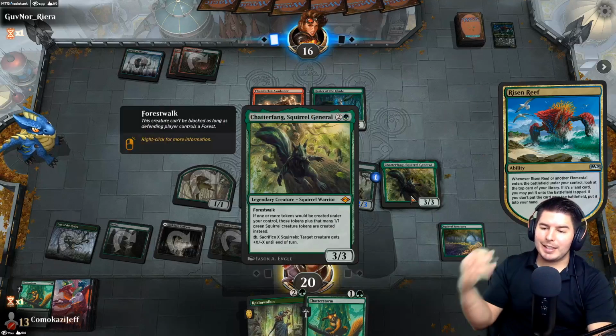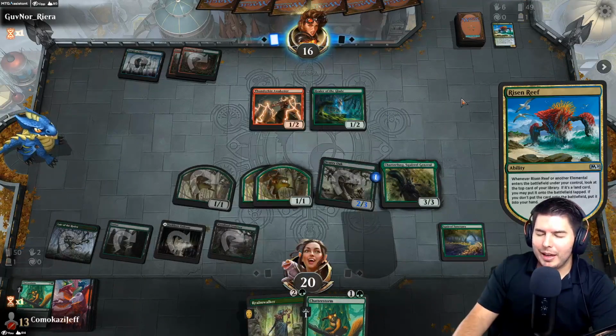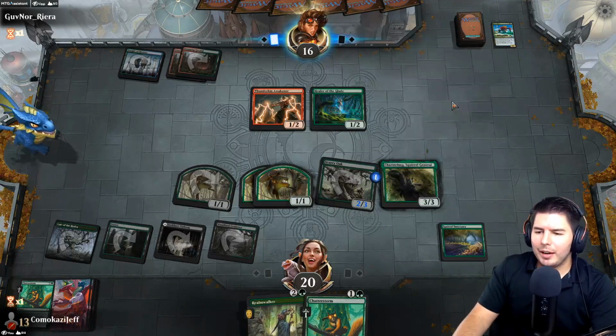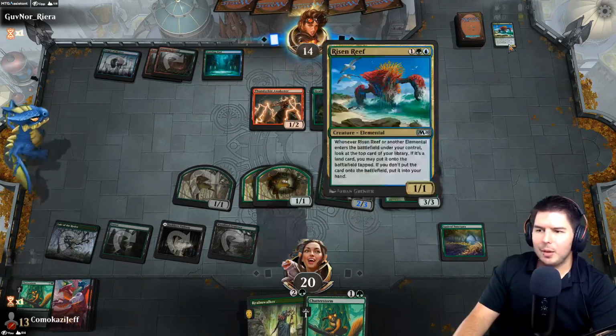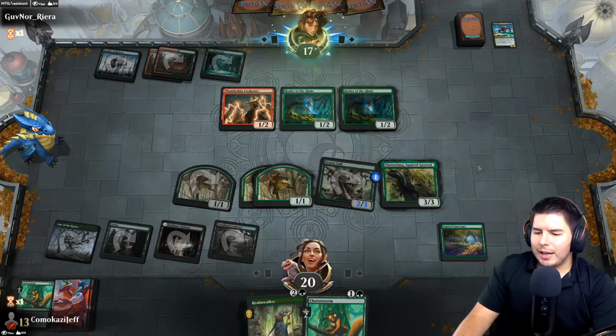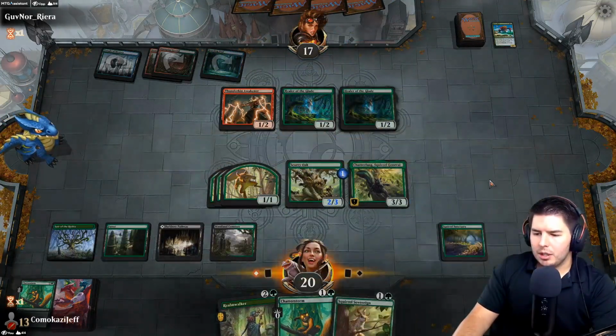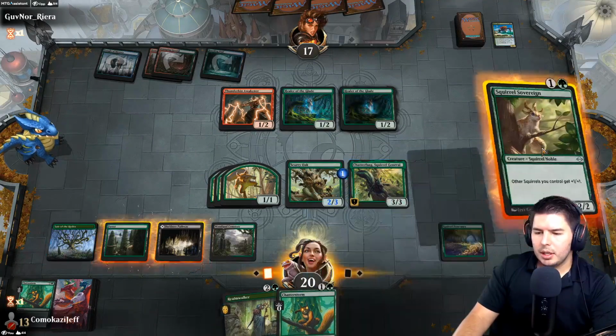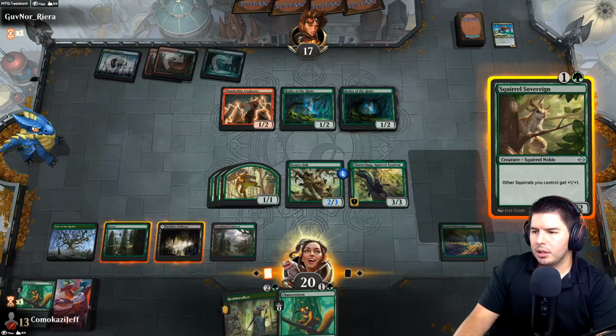So this is actually pretty nice. Anytime that we have black mana, we have the ability to kind of get rid of the Risen Reefs. Good stuff. So they should play a land here, maybe have something else to play, but at least they won't be getting another Risen Reef trigger. Yeah. Life gain is annoying. We need to start growing our dudes. That's a way to grow our dudes. All right, so